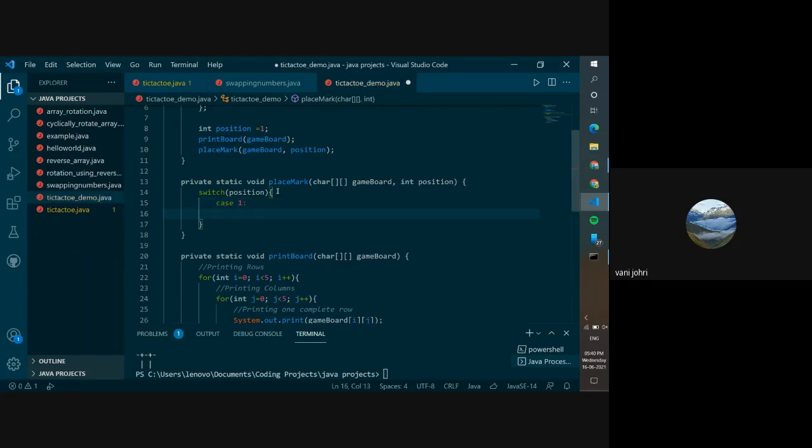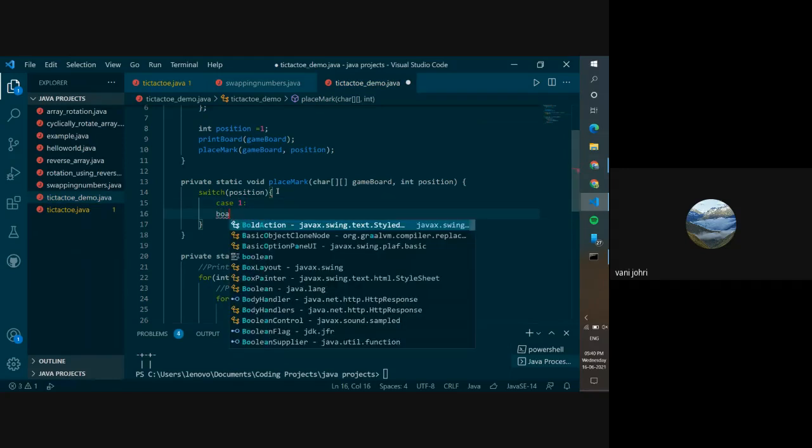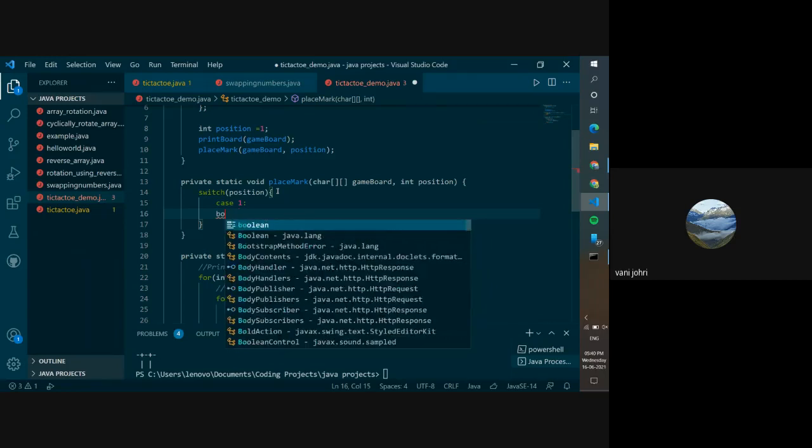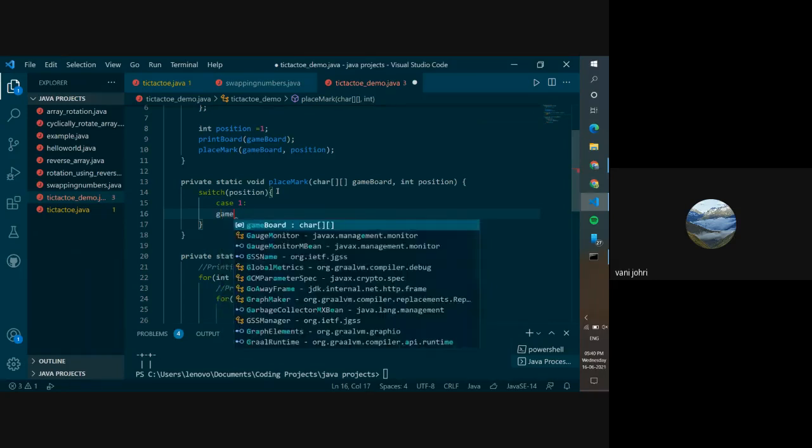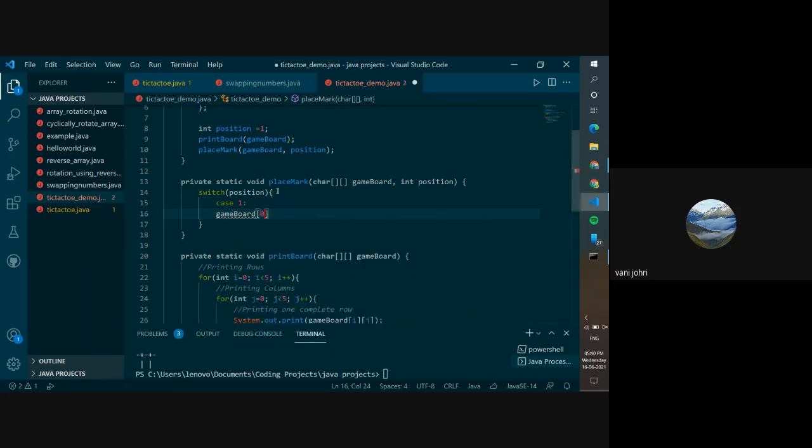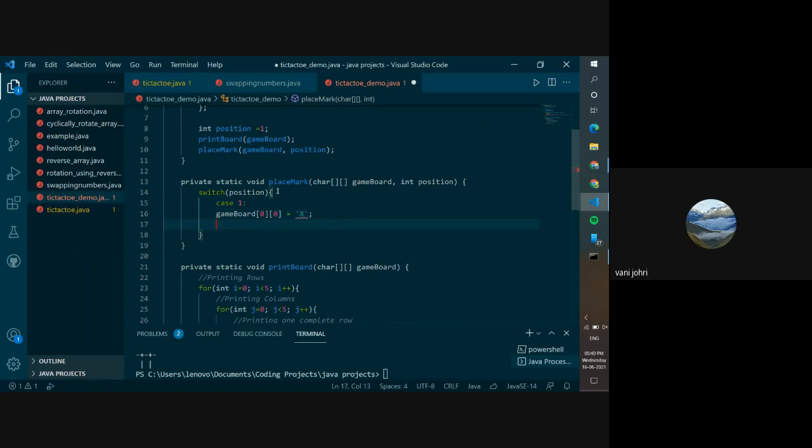Case 1 is going to be, we're going to write game board 0 of 0 equals, let's give it an x for now, and then we will write break. Then we're going to have case 2.